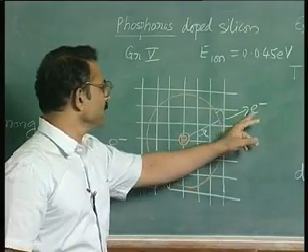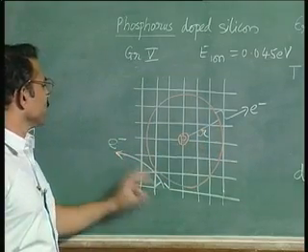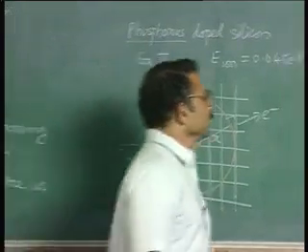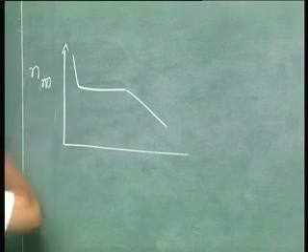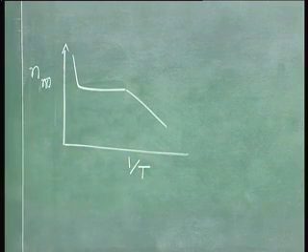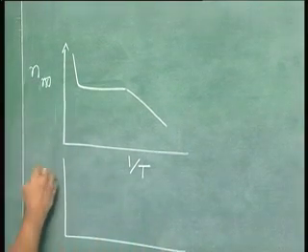You have electrons being created by impurity ionization as well as by silicon ionization or thermal generation, whereas holes are created only by thermal generation. So electrons are in a majority, so majority carrier concentration N naught versus 1 by T, we have said is something like this. If the same thing you plot as a function of temperature